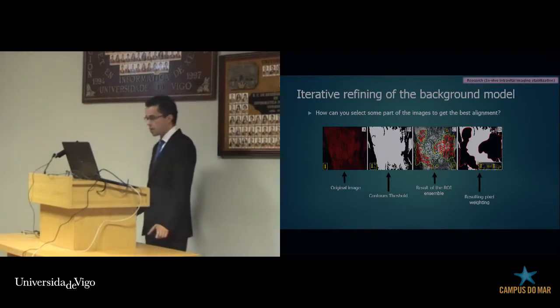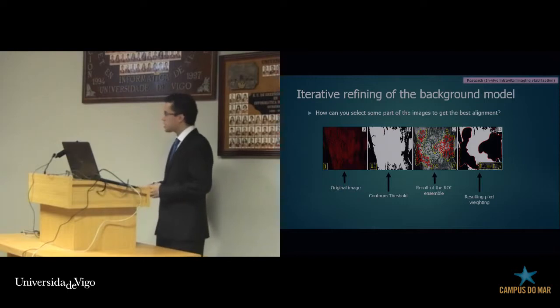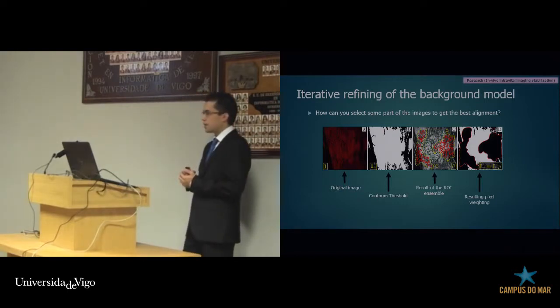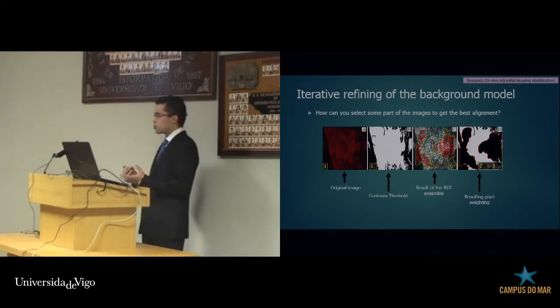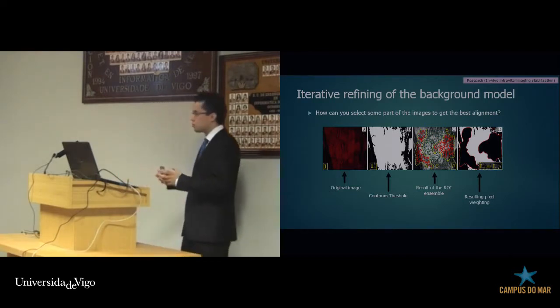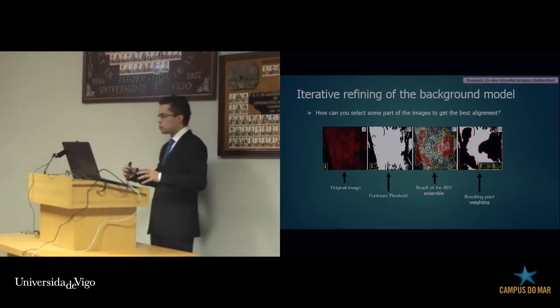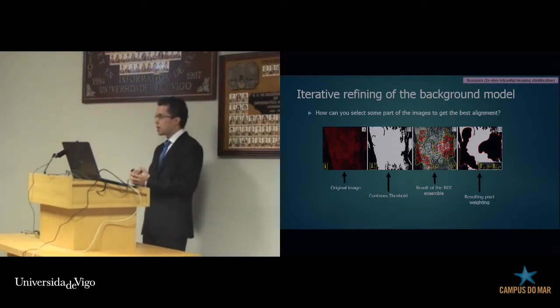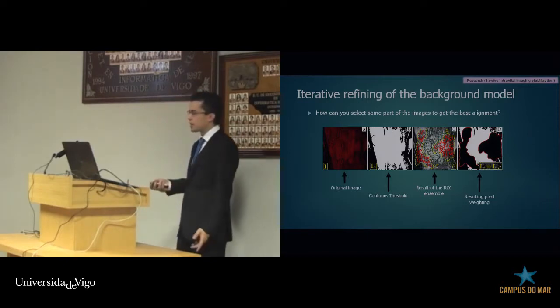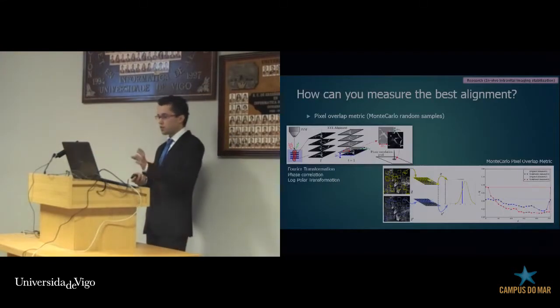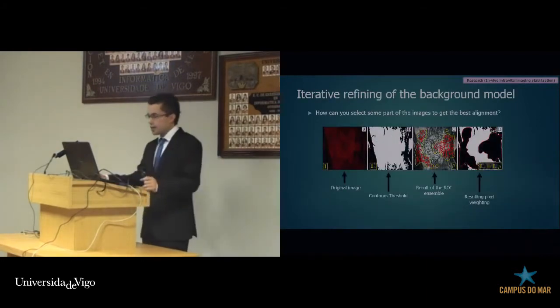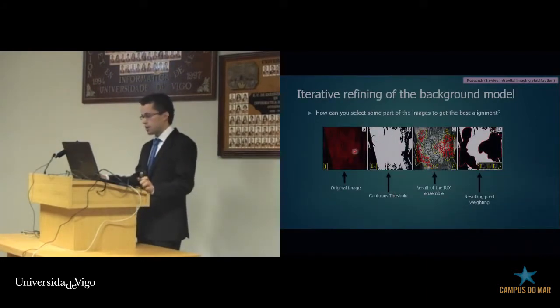But the main problem here is that in this data you have a lot of movements, and sometimes they are not linear movements. You have endogenous movements, because the tissue can have a compression, or the tissue can be stretching. So sometimes you have some parts of the images that you don't want to use in the stabilization. Using the same technique of Monte Carlo random samples, this is the original image, we use a contour threshold. It's only to lose some pixels that you don't want to use.